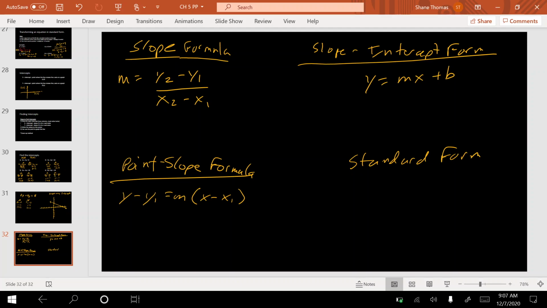All right, then the last thing, the one we added today, standard form. If we have something in standard form, it's going to be in the form ax plus by equals c. Anytime you have this, all your variables are on the left, whole numbers are on the right. Your variable coefficients, your a and b terms, must be whole numbers. It could be integers of any sort, and your a term has to be positive. Okay, so this is the four we have right now. Any questions? No? Feeling good? Okay, so